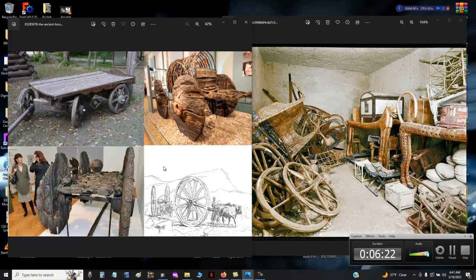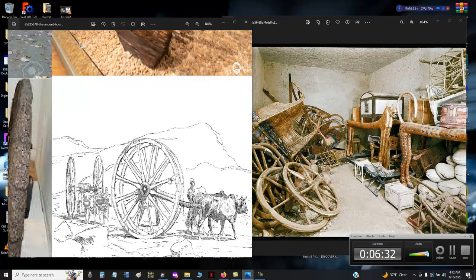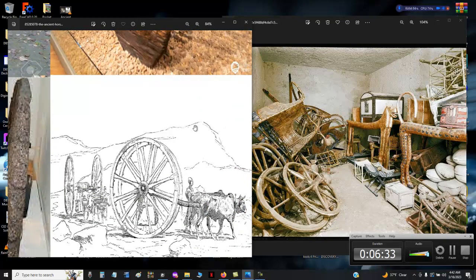Anyway, the point is they knew about the wheel. Ancient humans knew about the wheel. That's why you got these old wooden wagons and whatnots. And right here, there's a depiction, a drawing that I was able to find of an idea I've had, which was